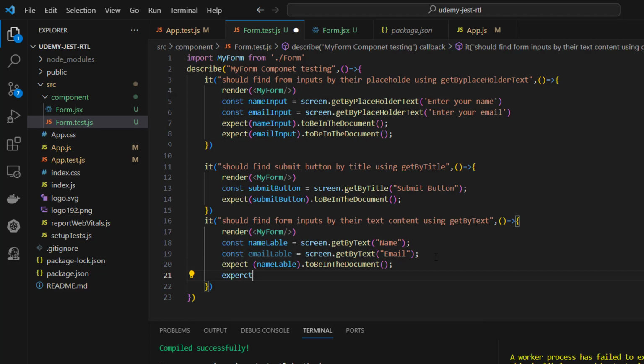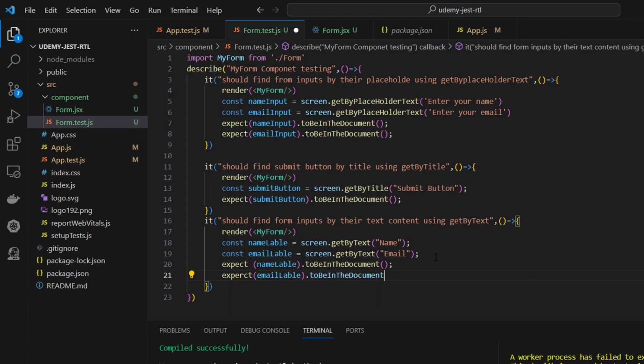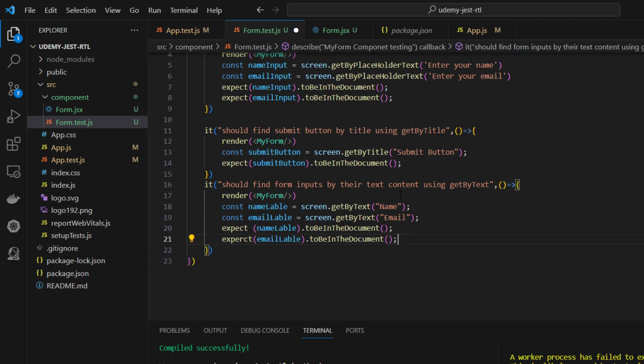Expect email label to be in the document. So this is for our input. Then what we need to do,